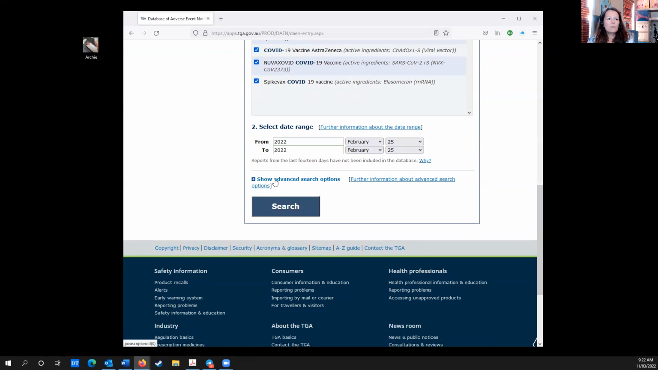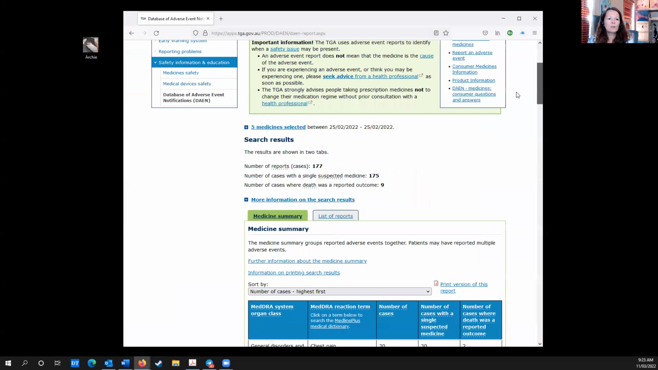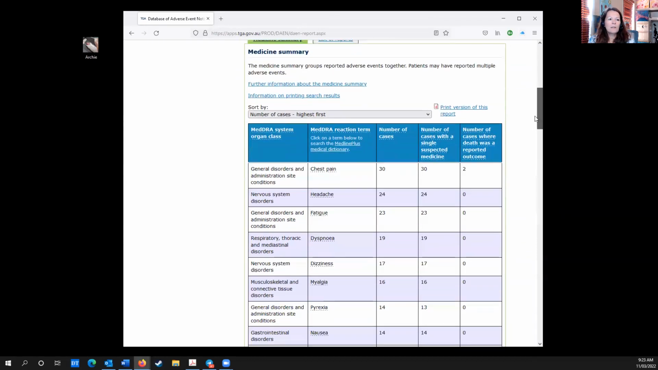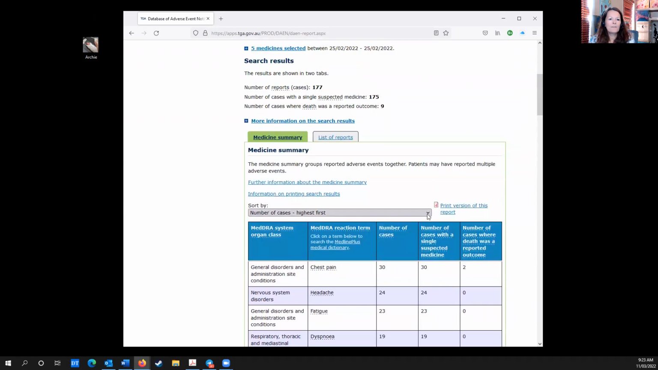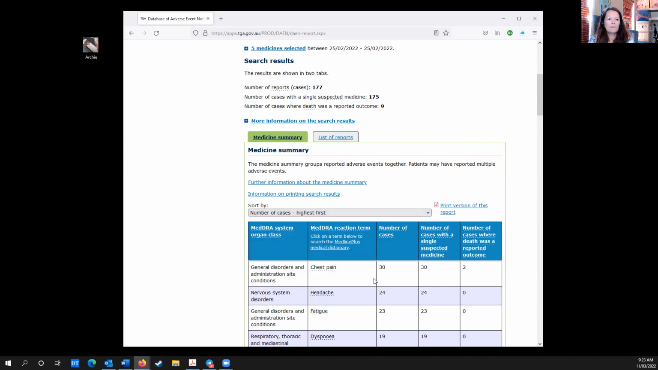Now I want to select, actually, if I go into search, and we'll see how many reports there were for that day. In total, 177. And number of cases where death was a reported outcome is 9. So here on this first page, we've got the general disorders and classes of things. We can search here, number of cases where death was a reported outcome, highest first. So if I select that,